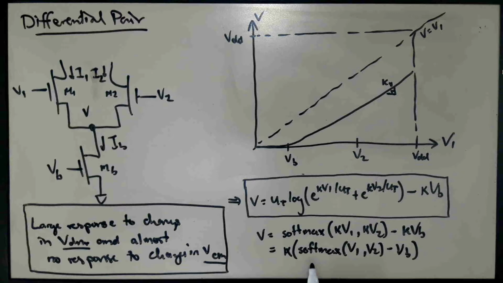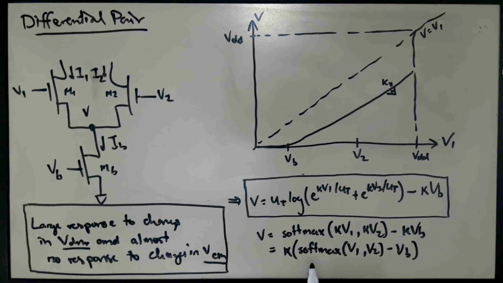And once V1 exceeds V2, then the softmax will transition smoothly over to V1, and we're going to follow this V1 minus VB times kappa. And so we join up with this source follower transfer characteristic